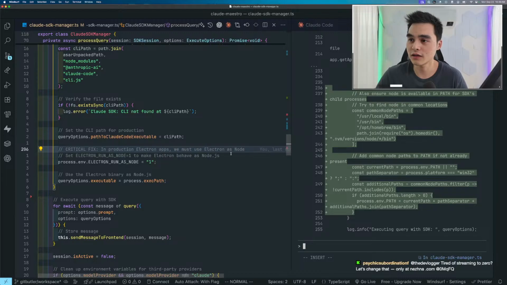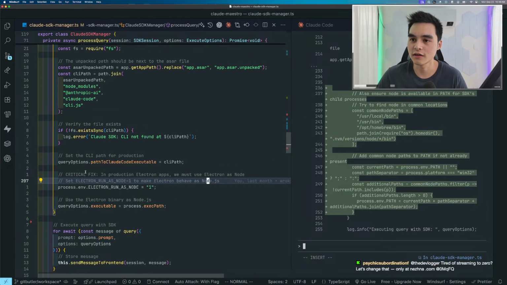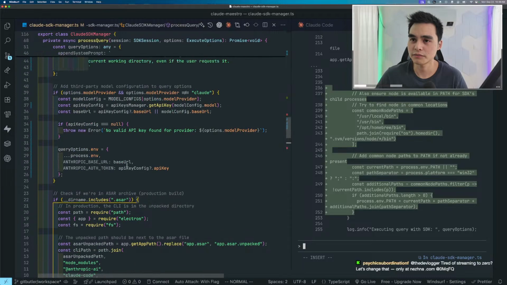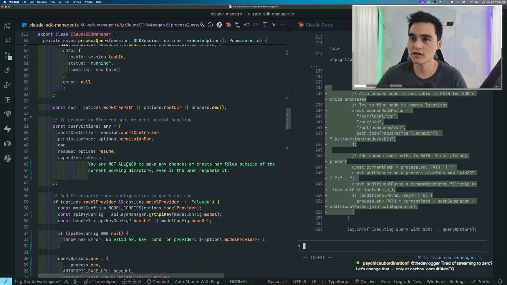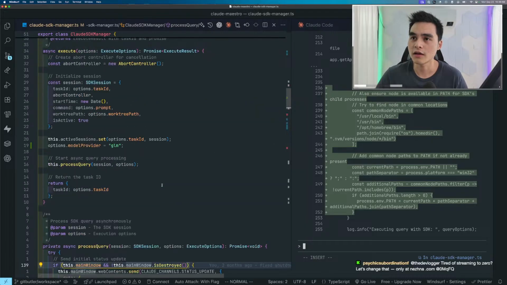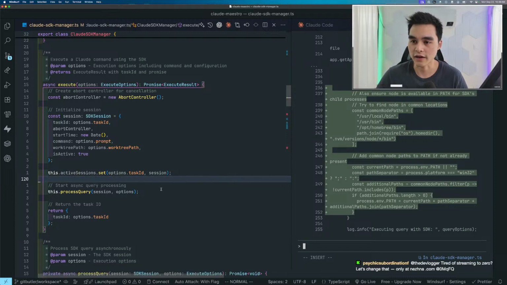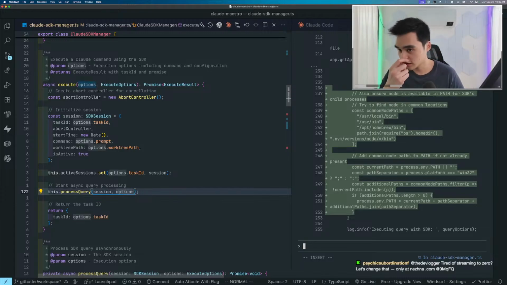We must use Electron as node. Okay, set to make Electron behave as Node.js. Yep, that's fine. Looks like this is good now. And then in here, this is an issue as well. Model provider. Just take that out. And the issue now,